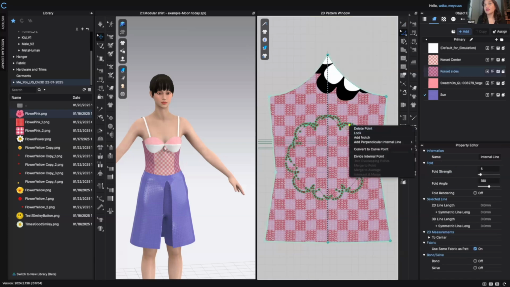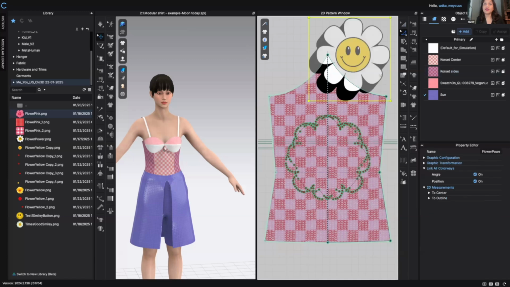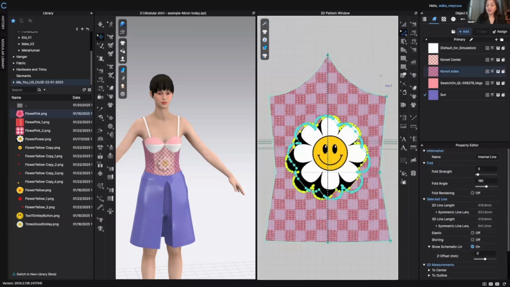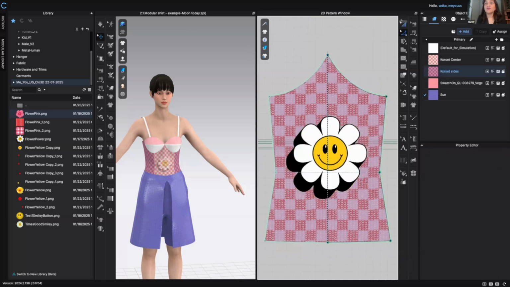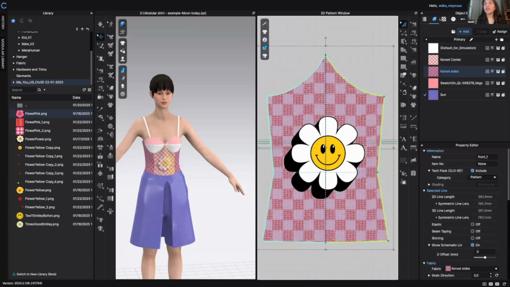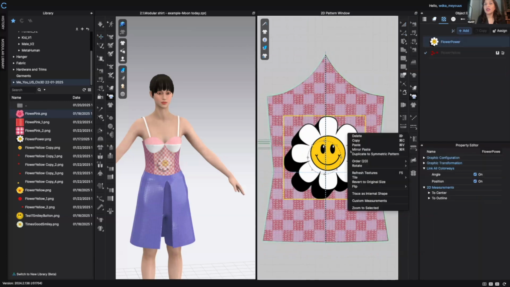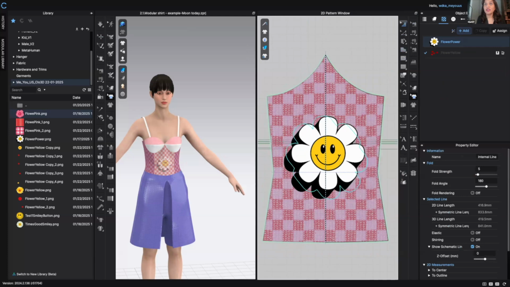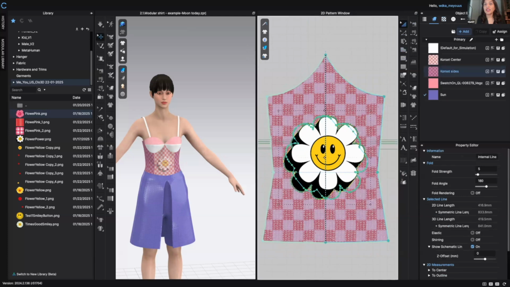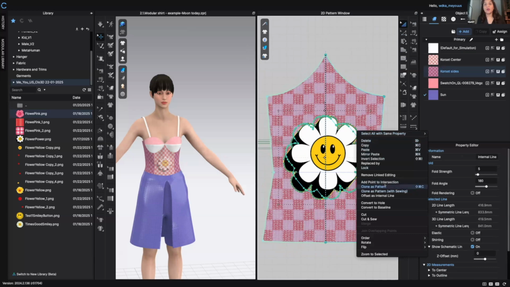Wait, it did it twice, so let me just do it again. That's why it looks a bit weird. I go to the edit here. You do trace as internal pattern shape, okay? Then you can right click and clone it as a pattern or as an internal line. So if you clone as offset as internal,